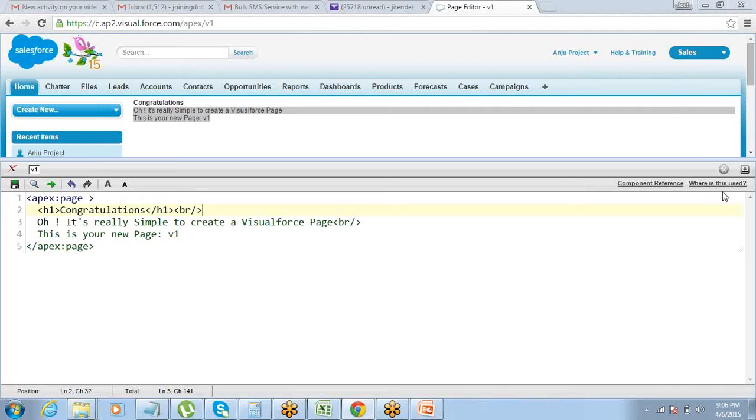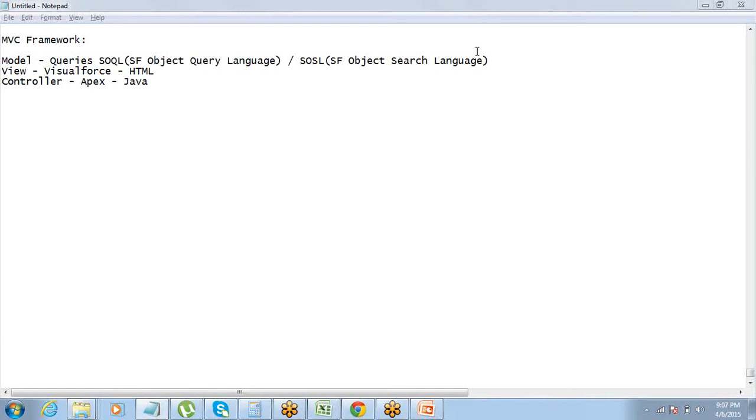There's one more concept which we are going to talk about, which is called a Visualforce component and attribute. What is a Visualforce component? Basically, a Visualforce component is more like an HTML tag. Like in HTML we have tags, we have a tag for everything. In the same way, for Visualforce we have components.